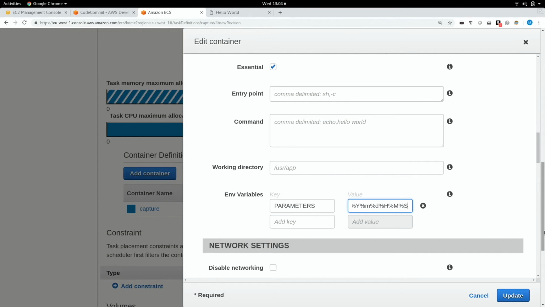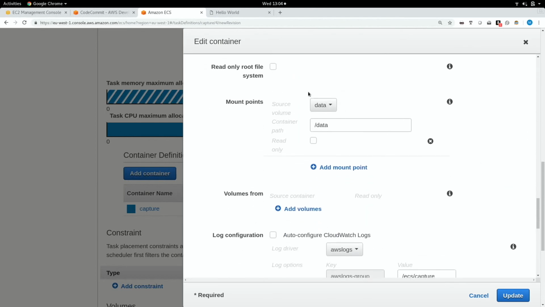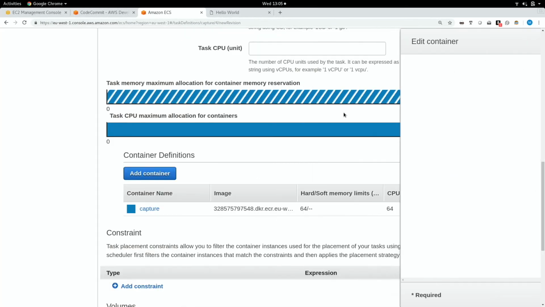Then we're writing it out to a file name. At this point we're not actually sticking in a ring buffer, so we're not going to start deleting data after time. We've got to think about how we're going to manage the lifecycle of the data a bit later on, and I'll come to that. So we've got logging, and we're exposing a mount. In this particular case, we've mounted the NFS share at the operating system level rather than the container level, just to make life easier. We could mount it at the container level, but because we've done it this way, we just need to pass it through as a mount point, which is what we've done here, /data. We've configured logging and stuff like that. So that's how we create our task definition.